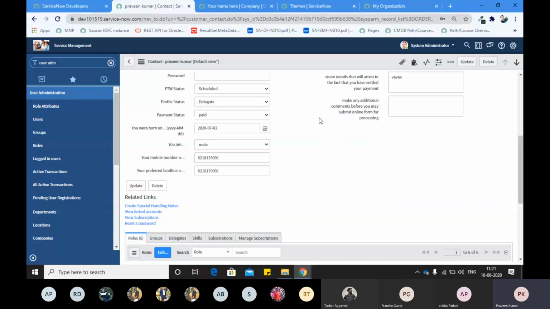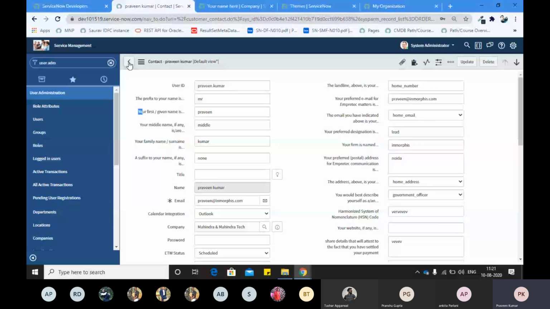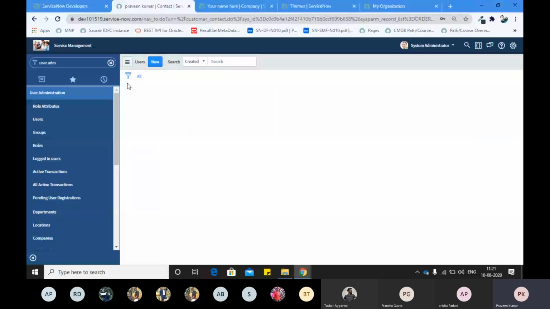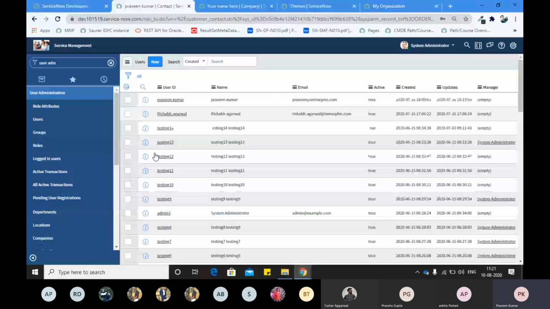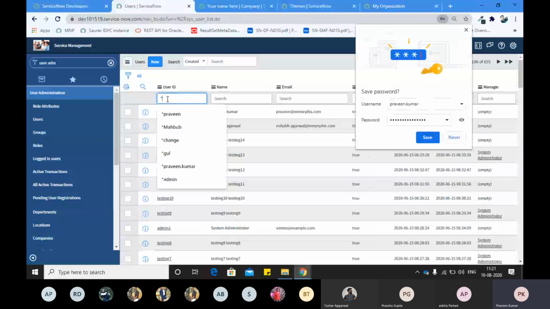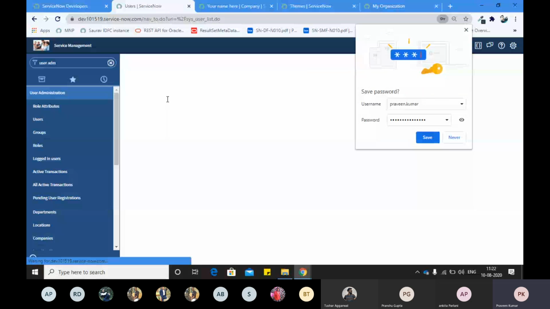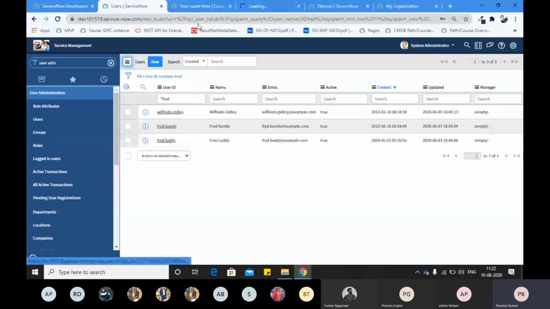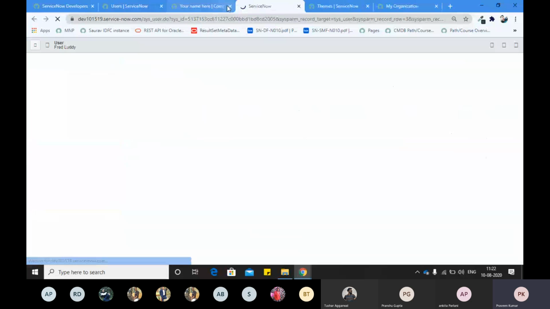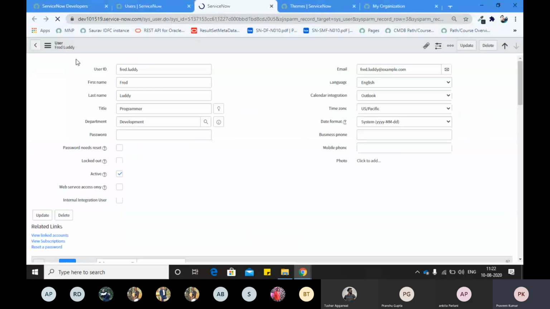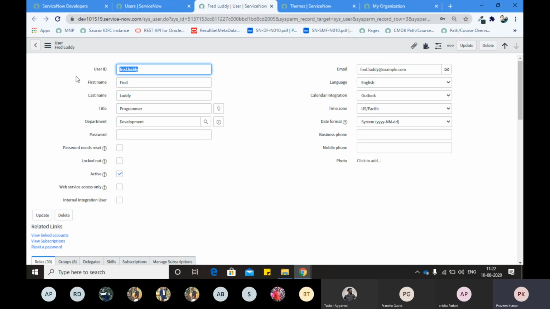First of all, let me open an actual user table form. This is not the user table, this is a contact table form. Why contact? That will come later. First of all, let me open some other user. I can open in a new tab as well using the control key. So this is the user table form, right? Now let me know if you are disconnected, and I will make it clear at that same moment.